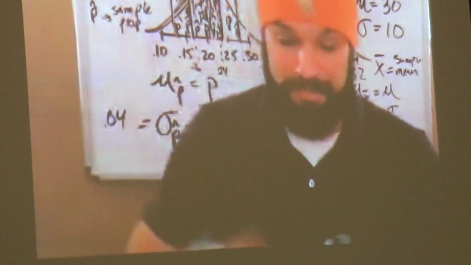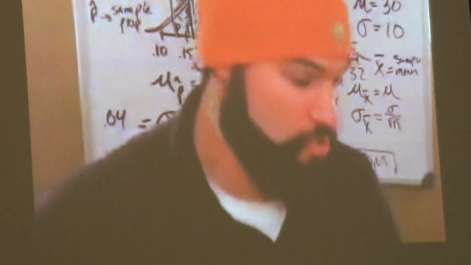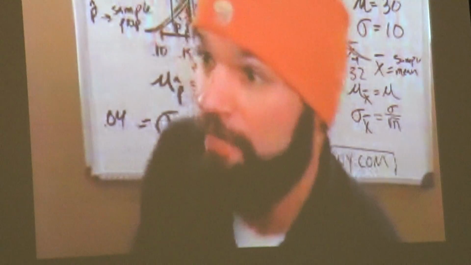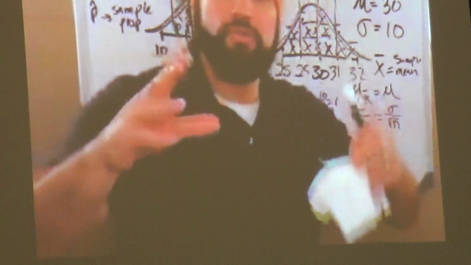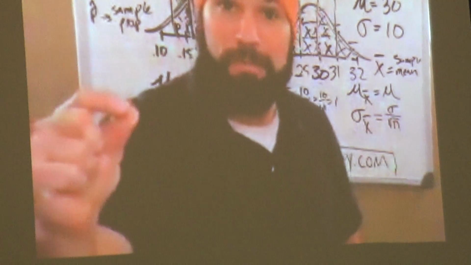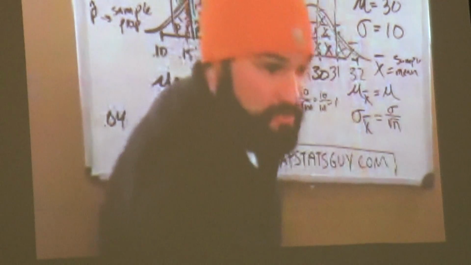You can make sampling distributions from any attribute you calculate from a sample. You can make sampling distributions of sample standard deviations or sample medians. The same thing, but what you're doing is you're calculating something from a sample, putting it down, taking a new